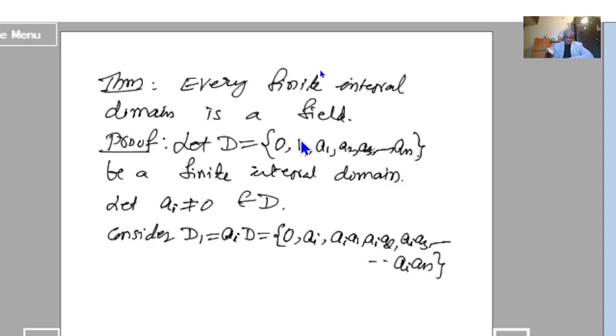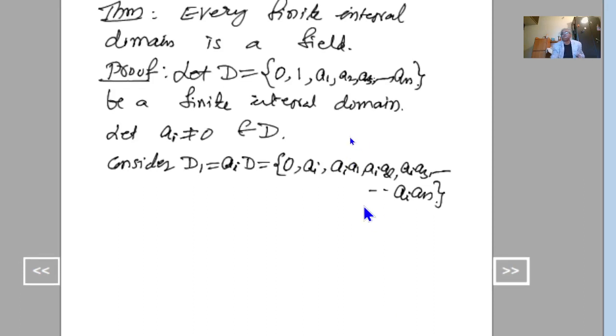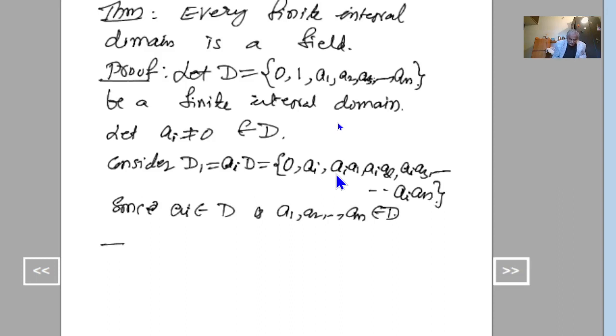AIAN. This is our D1. So we are forming one more set here. Now here, since AI belongs to D and A1, A2, A3, AN also belong to D, this implies AI A1, AI A2, AI A3, AI AN